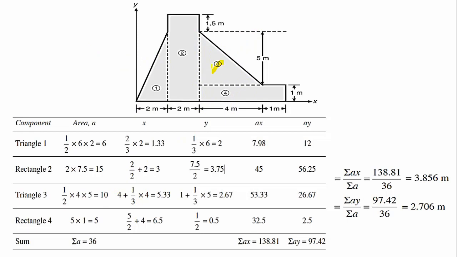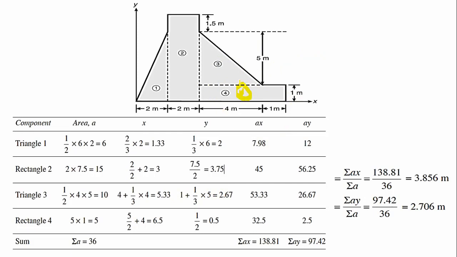Similarly, in the y direction, you have to calculate with respect to the axis. This is the axis. This distance is required. So this is the height 1 meter up to this point, plus this remaining distance has to be calculated. This is the base. From the base it is 1/3, that is 1 plus 1 by 3 of the total height, which is 5. 1/3 of 5 is 2.67.